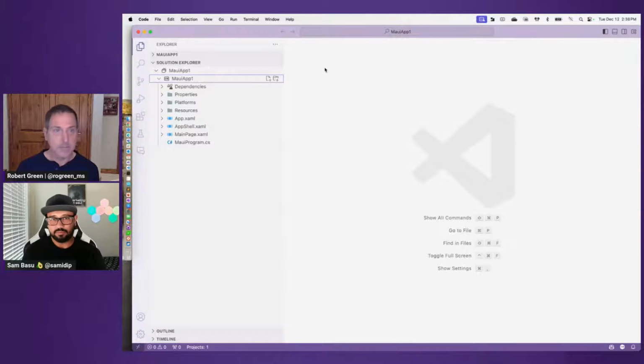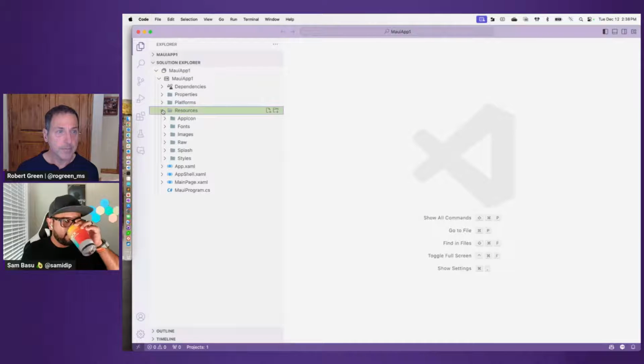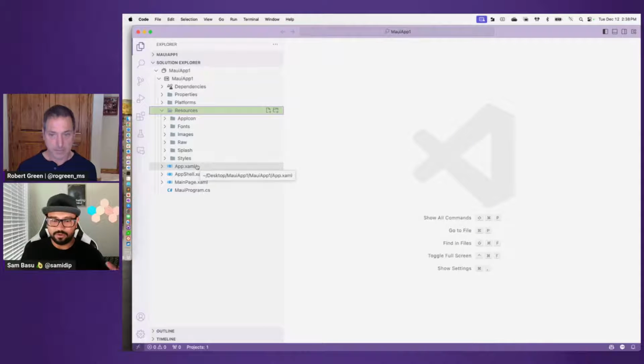But once you start up a mobile app that's MAUI, these are some of the immediate benefits that you get. So first up, compared to Xamarin Forms, you don't have 6 different projects inside of a single solution. It's one shared project. So everything else is a resource. So your app icons, your fonts, your images, splash screen styles, they all live under one umbrella, and then they're shared across multiple resources.